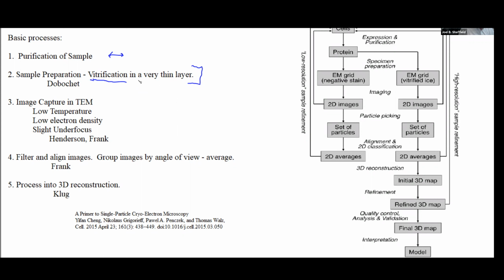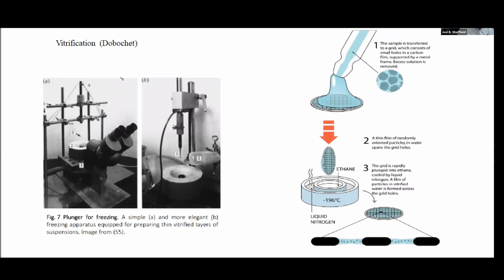The initial idea was even to use some sort of antifreeze, so they mixed the water with glucose to reduce the incidence of ice crystals. And then let me show you a diagram, something like this, where there would be a sample